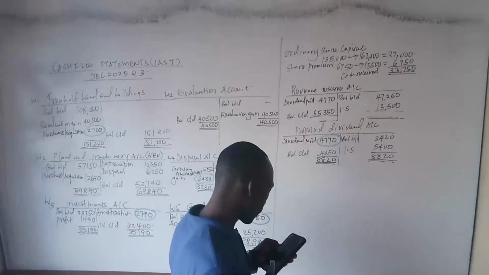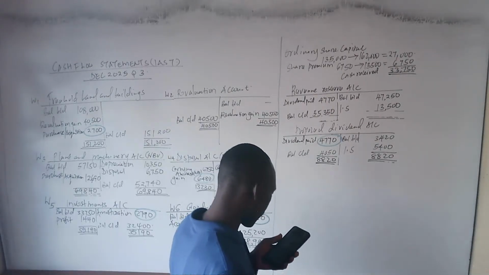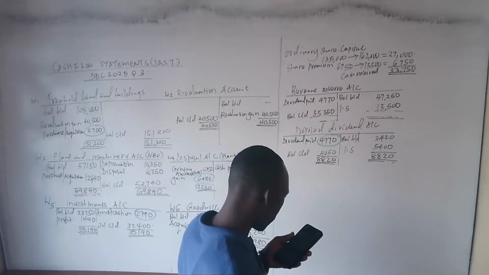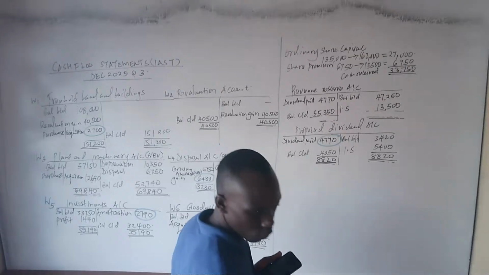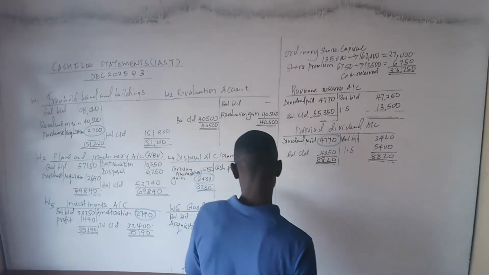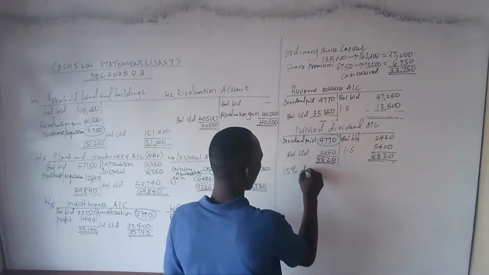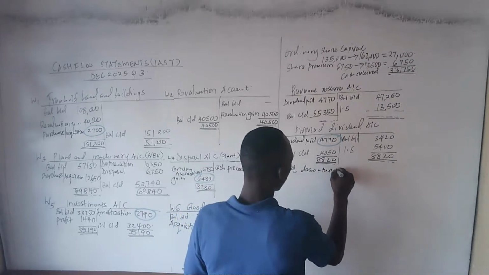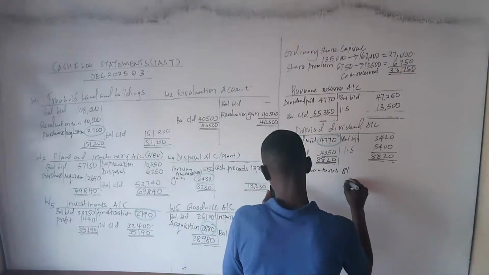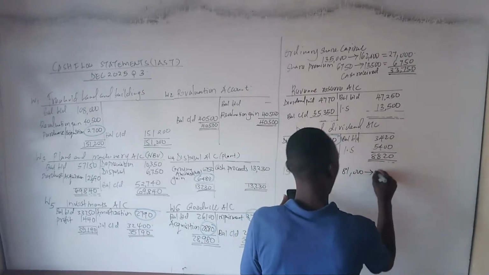After presenting that, we go to the next item. Under equity, we are done. We go to non-current liability. For non-current liability, we can use what we call narration. And when we use narration, this is what we are told. We are told that we had 15% debentures. At the beginning, the debentures were 81,000. Then at the end, they were how much?